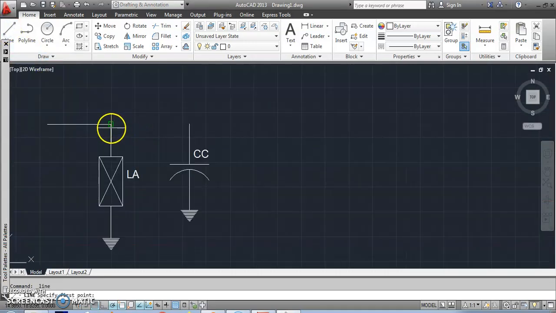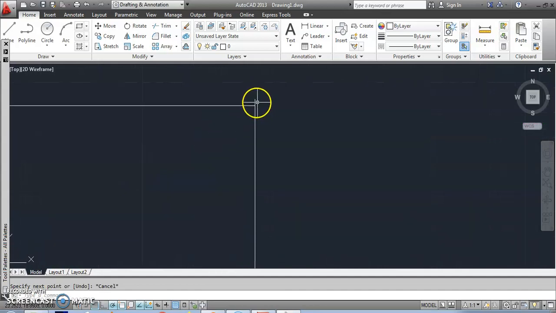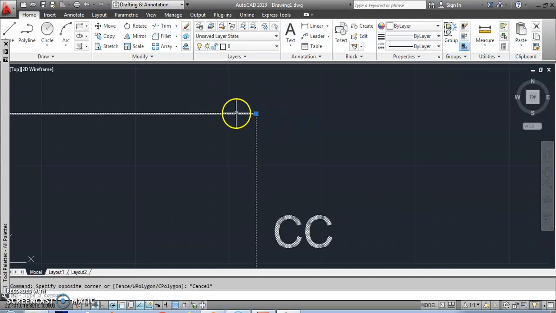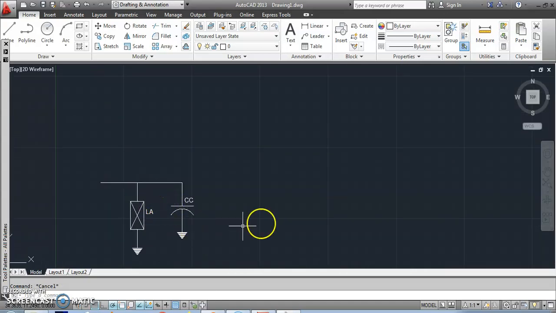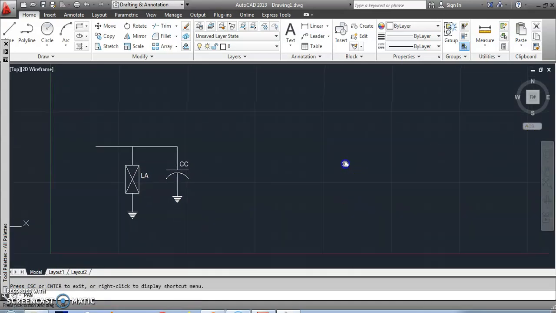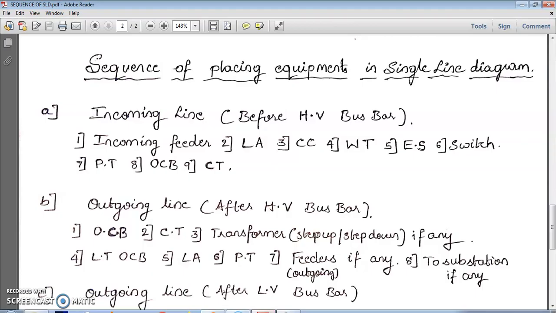I'll connect it. Just zoom in, press shift if you want. Okay, see, it is a little bit connected higher, so I shall pull it to here. Okay, connected. Press escape. You can see no any extra lines. Fine.